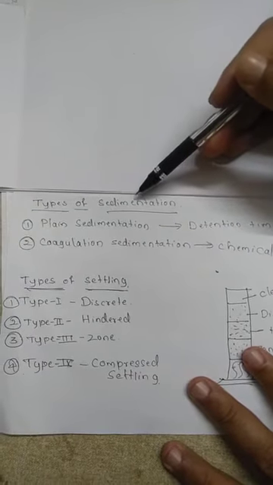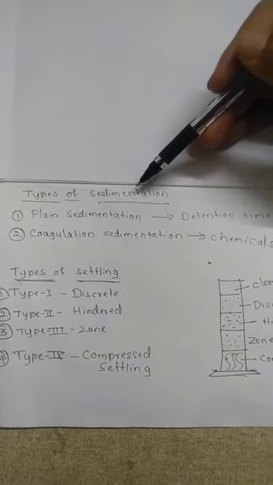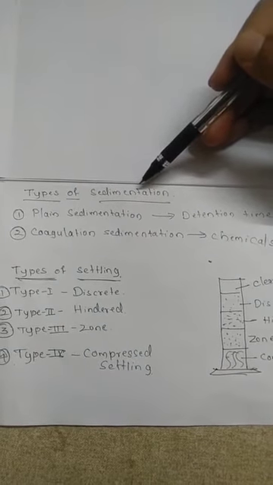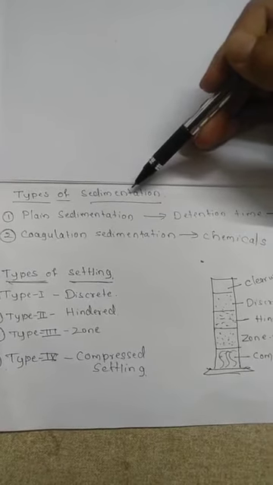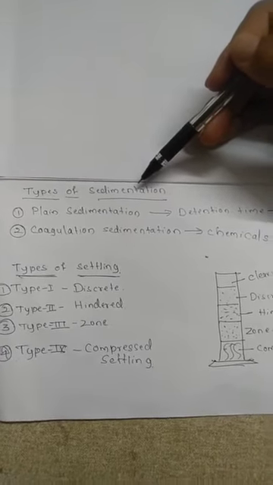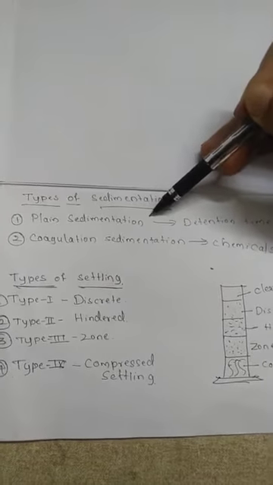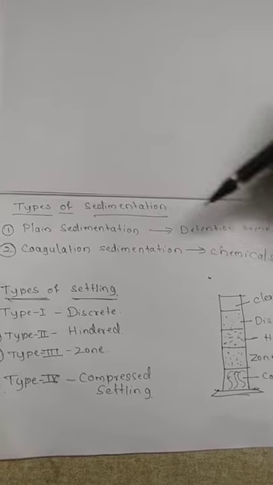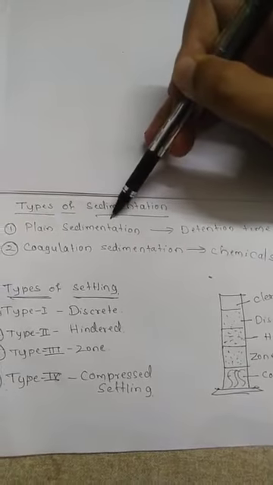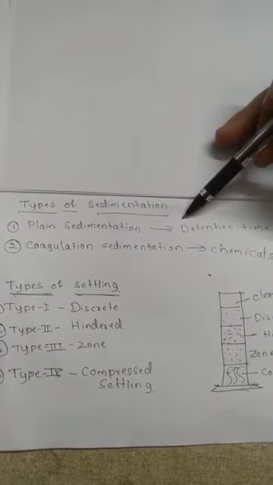Till now we have seen what is sedimentation and what is detention time. That was a very important concept to understand what sedimentation is. Now we are going to see the different types of sedimentation. There are two types of sedimentation: one is plain sedimentation and one is coagulation sedimentation. Now what is this plain sedimentation? I have already told, it is the sedimentation without